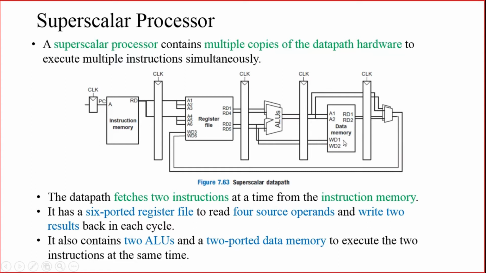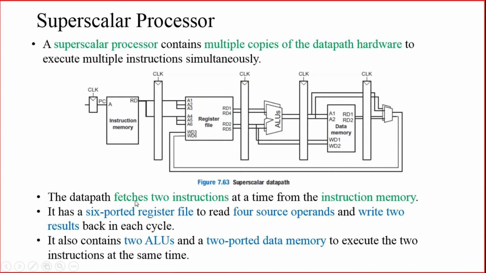Here, 2 ports means 2 read and 2 write ports, whereas normally there is 1 read and 1 write. Since you are reading 2 instructions simultaneously, we are storing the result in a data memory which has 2 read and 2 write ports. And if you are not using the data memory for storing the result, the data can be taken back and written to the register file. For that, two separate multiplexers are also there for selecting the two separate outputs to the register file. So this is an example of a two-way superscalar data path implemented in a superscalar processor.